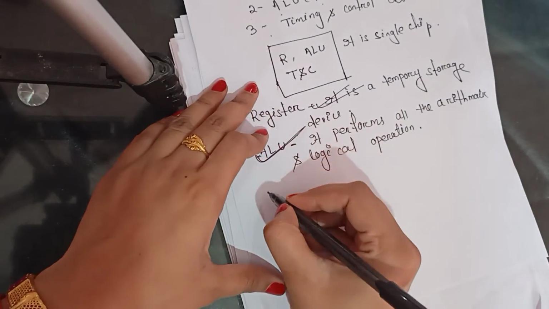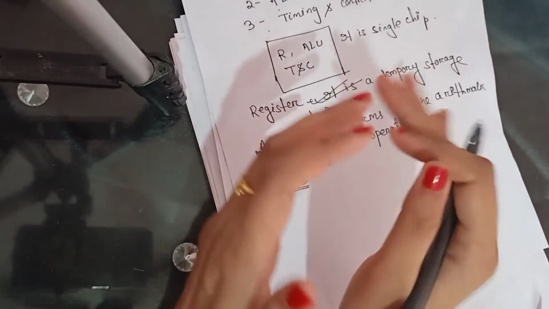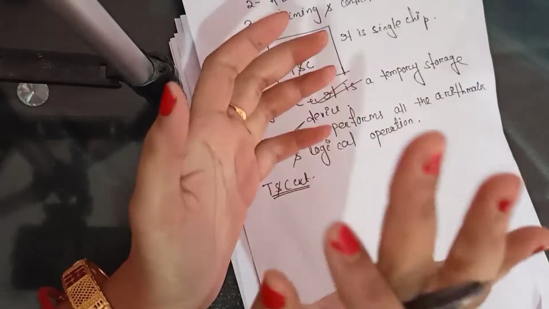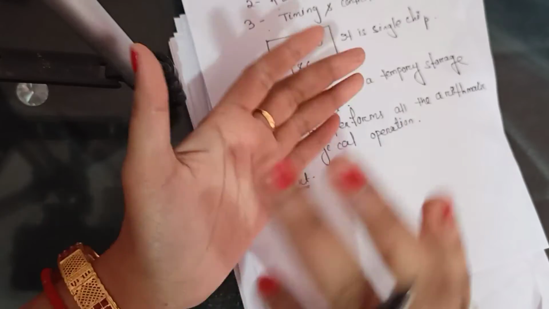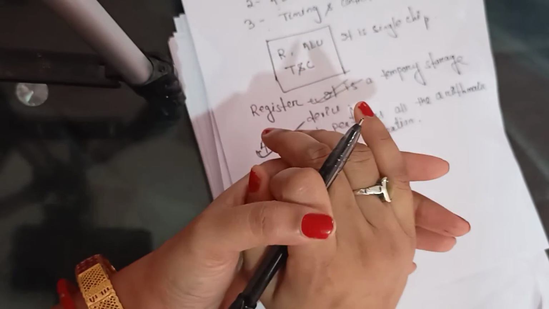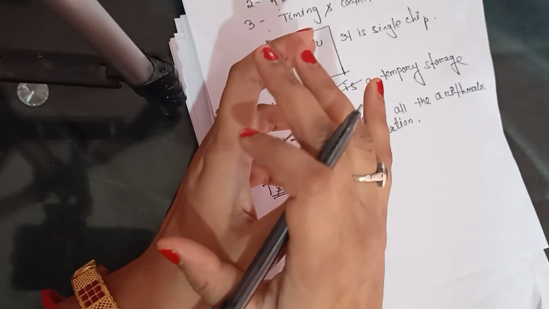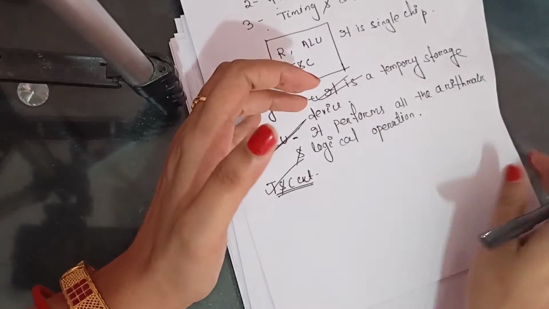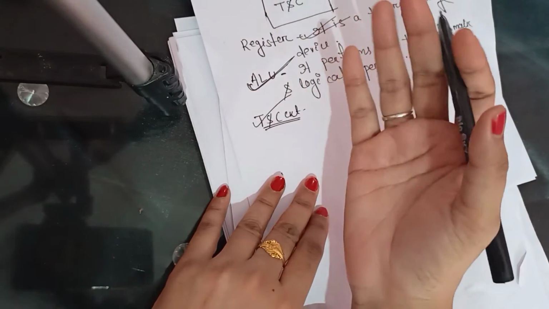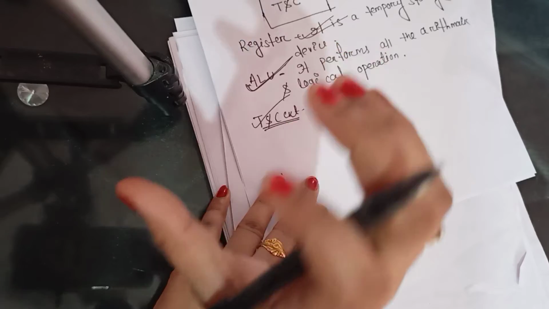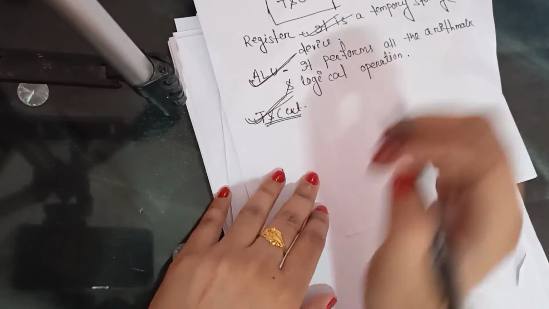Okay. Then the last one is your timing and control circuit. It keeps all other parts of the system, including your register, arithmetic logic unit, memory, and input output devices, working together in the right sequence. It means your timing and control circuit always helps to execute any function together, in the same manner and a particular time sequence. Okay.